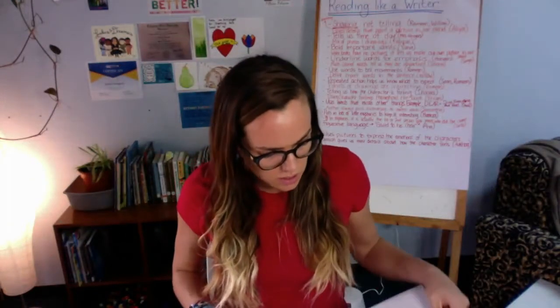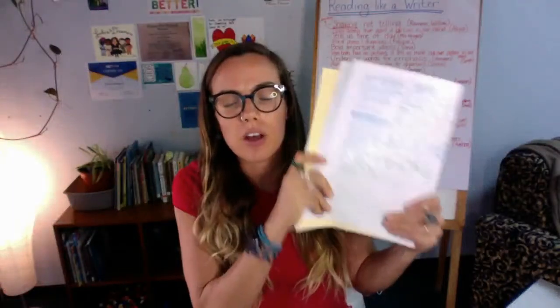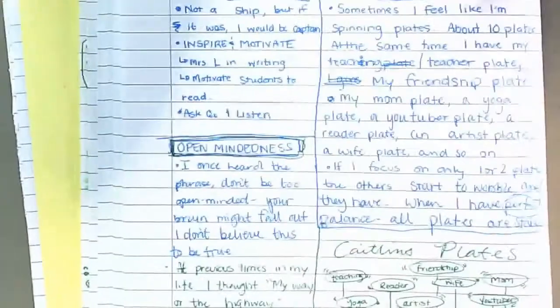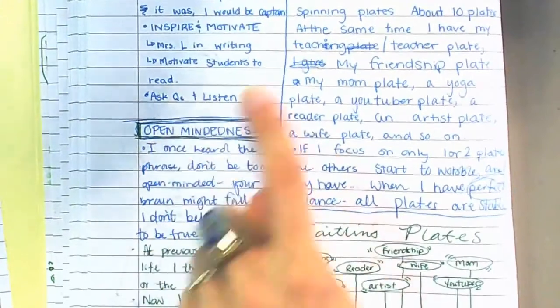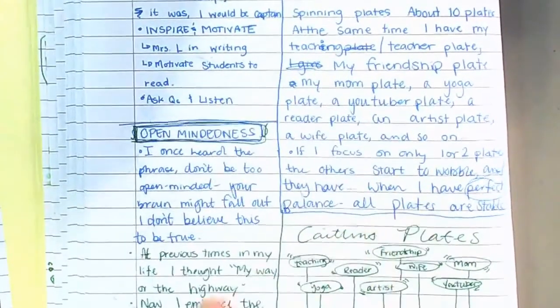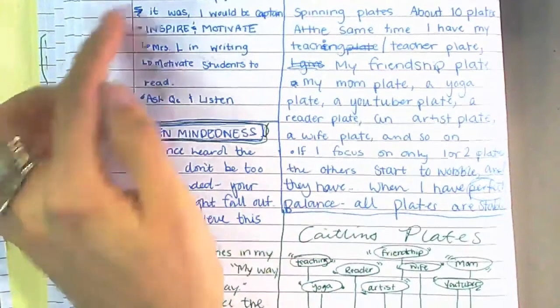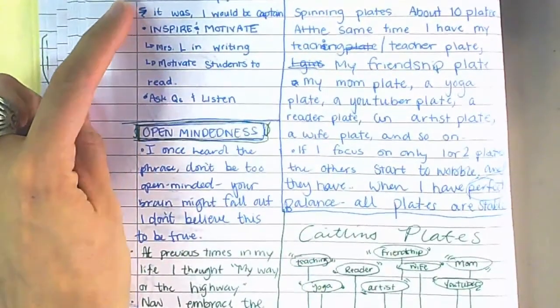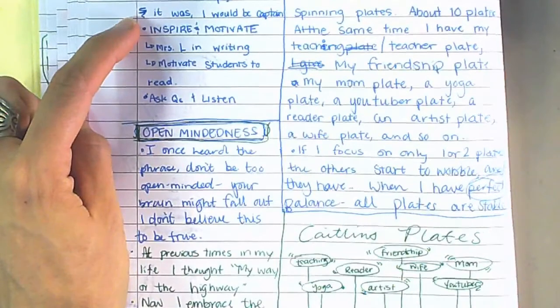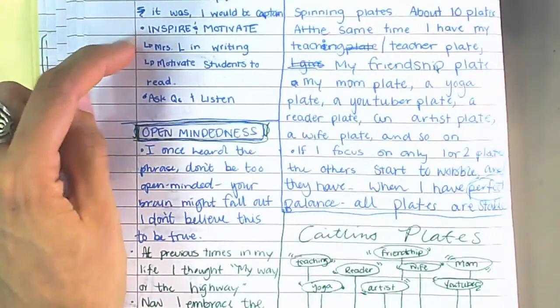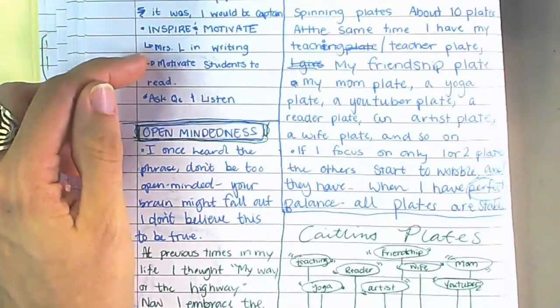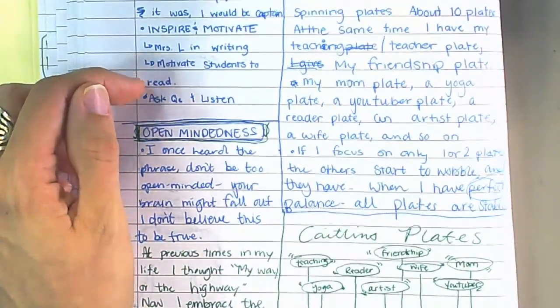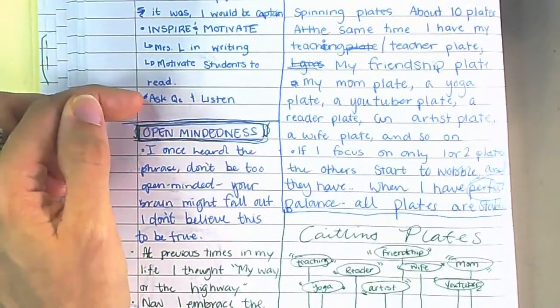So I did this the other day, and I'll just show you some of the stuff I wrote down. All right, so in my opinion, I feel that my strengths are leadership, open-mindedness, and balance. And so what I did was I thought of some good opening lines. Like for leadership, I said, not a ship, but if it was, I would be captain. Get it? Then inspire and motivate. So I wrote some things. Mrs. Loxton in writing, I inspired her. I motivate students to read. I ask questions and listen. I think that's a good thing for